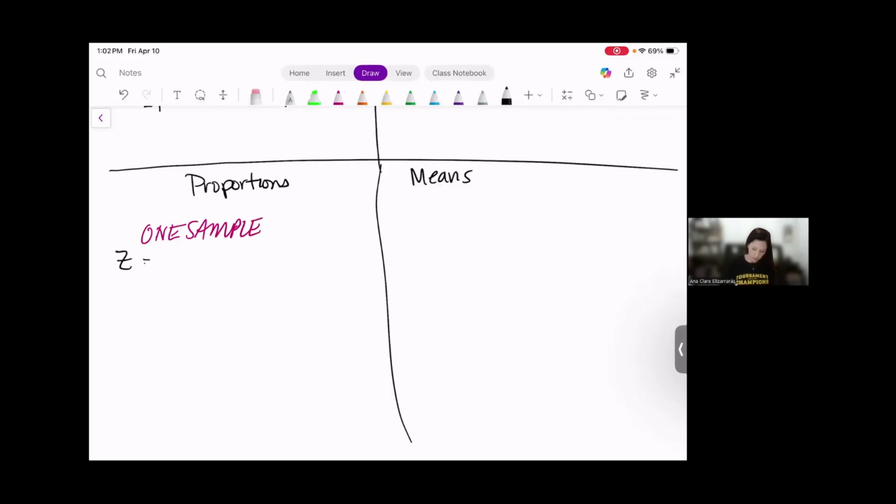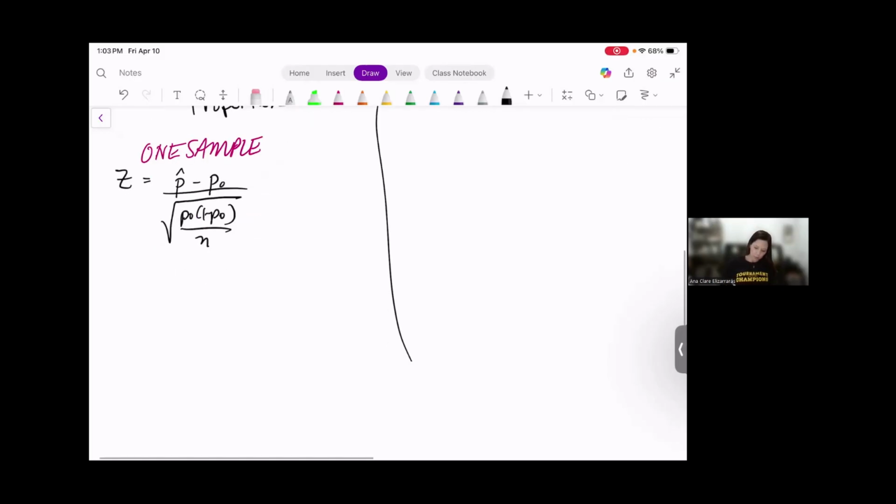we had z equals p hat minus p naught over the square root of p naught times 1 minus p naught over n. But we are assuming that the null hypothesis is true, so we're doing a pooled proportion. And that pooled proportion is where you take the successes of each group added together divided by the sample sizes added together. So your combined proportion is successes from one plus successes from the other over sample size 1 plus sample size